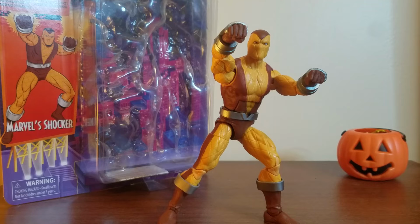I wish I had the black suit Spider-Man so I could recreate that beautiful scene of Spider-Man just yelling, "Shocker! Shocker!" Yeah, this